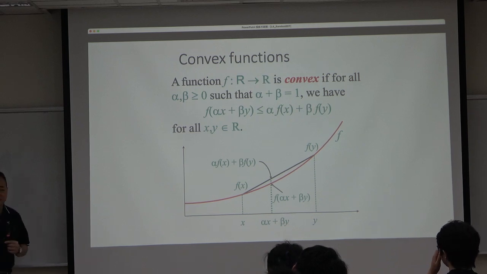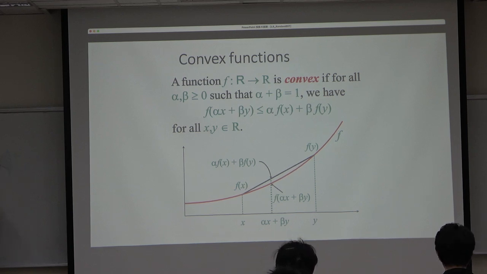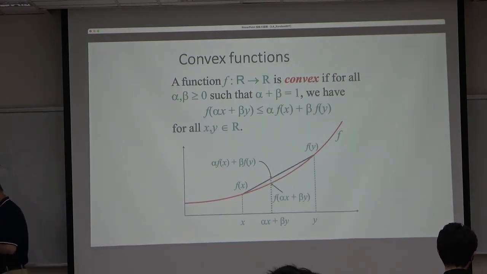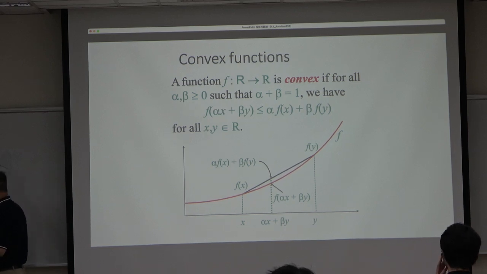Obviously, because in this example, this number and this number are supposed to be like here, but here it's the other way around. 就是这两个值的内插出来的值，应该要比这个内插出来取 function 的这个值来的大才对。它这边比较小。